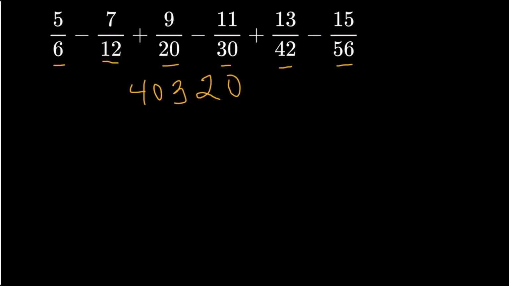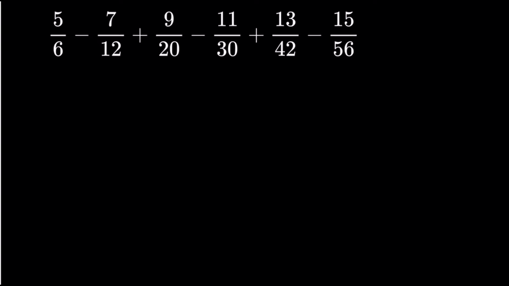Not really the easiest number to work with because if I have to make all the denominators 40,320, the numerators are going to be pretty big as well, and I have to do a lot of addition and subtraction. That might not be the way to do it, and we might make some arithmetic error through the process. So, as this is a question from the Philippine Mathematical Olympiad, maybe there's another, very interesting way